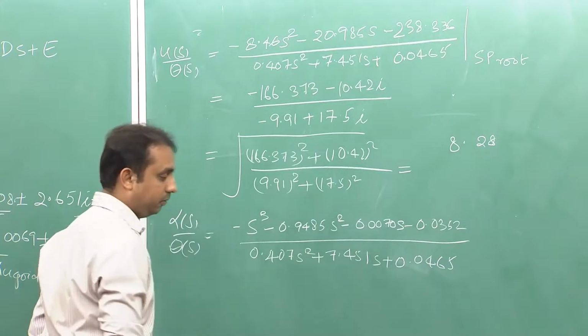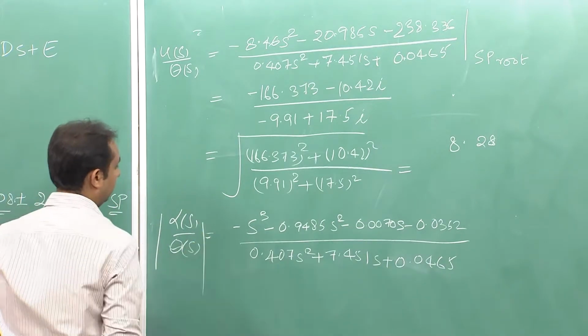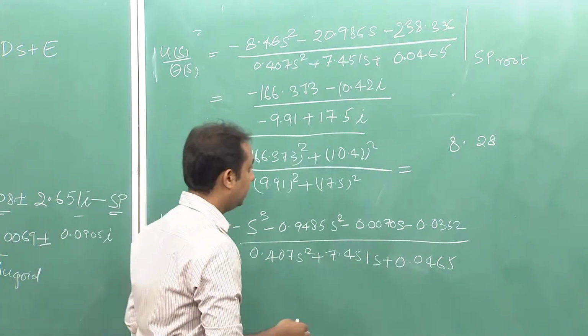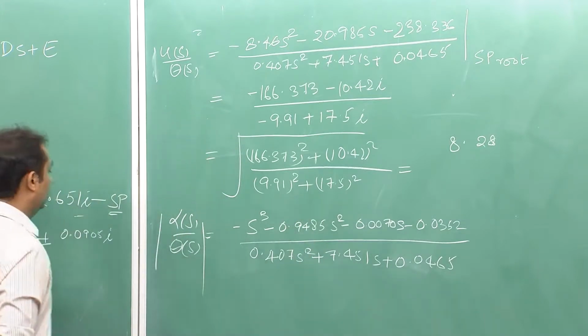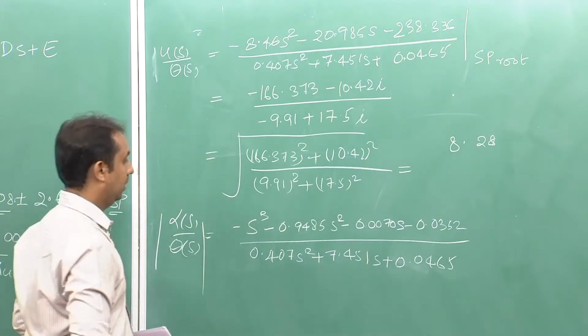The magnitude of alpha of s upon theta of s at your short period mode root will be